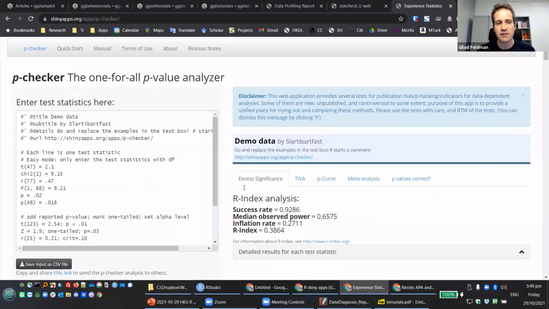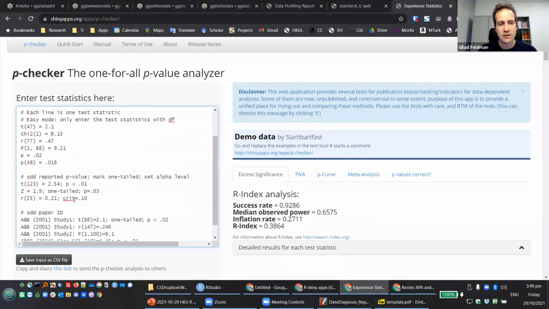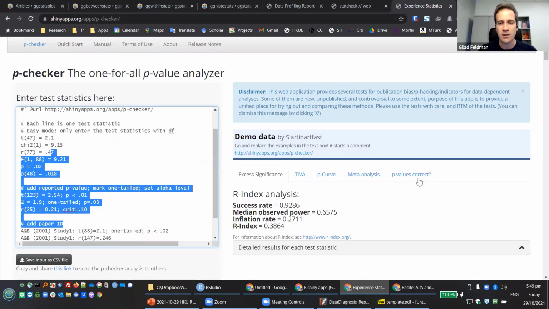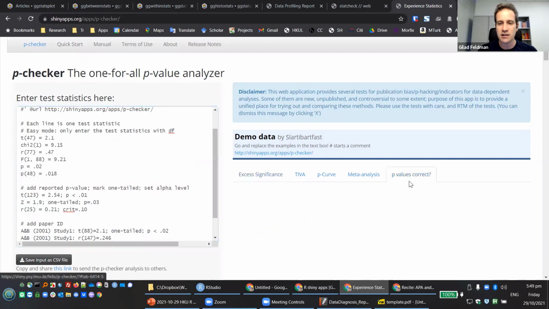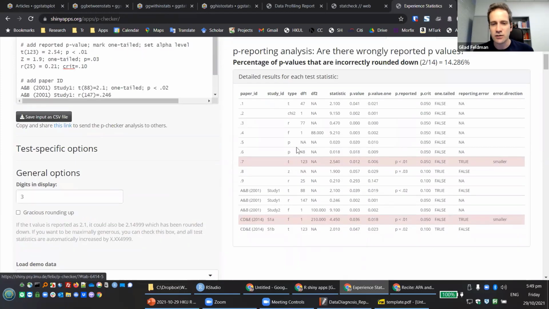You can look at everything that they've done. You can see some demo data, for example, taking the t-statistics from one of the articles. You can put your own in here in order to check that everything is okay. So you can see over here, this is Statcheck, p-value is correct. And exactly like I showed you just now with Statcheck, you can do this check over here to see whether this is reliable